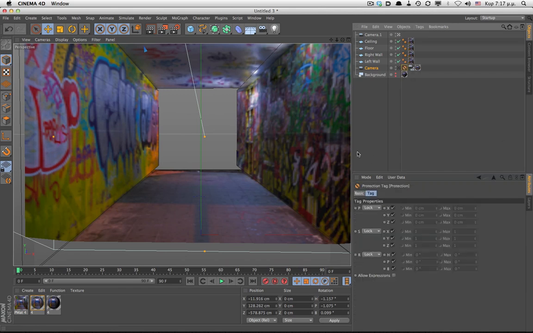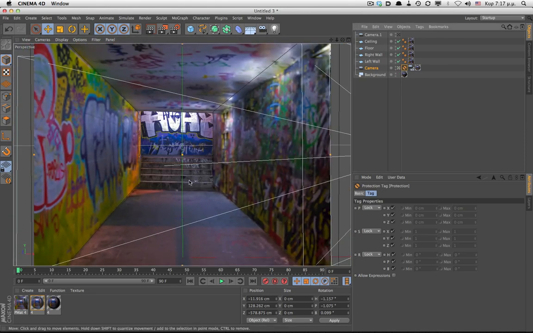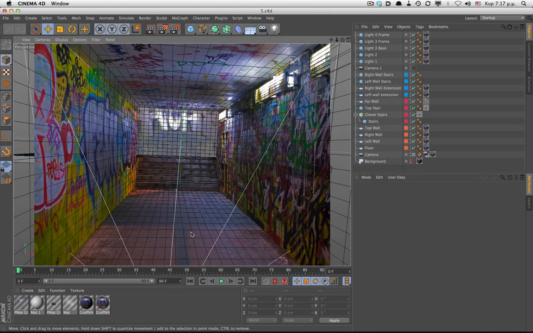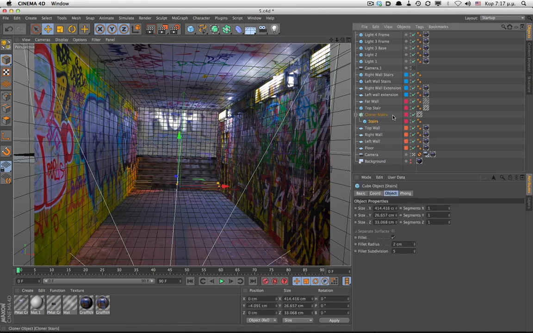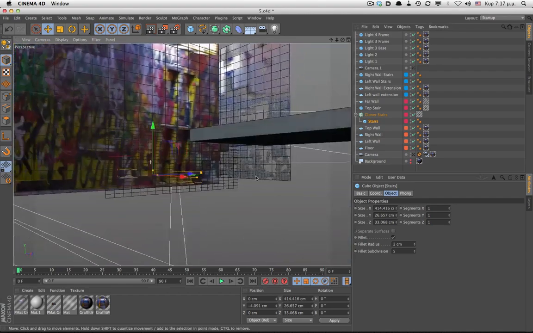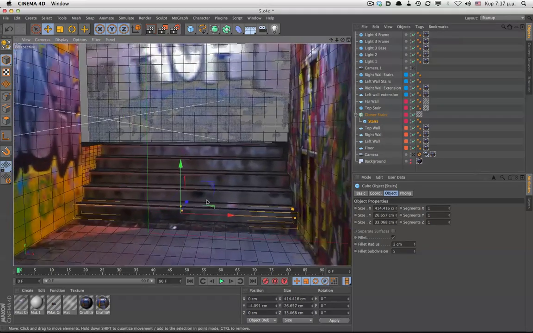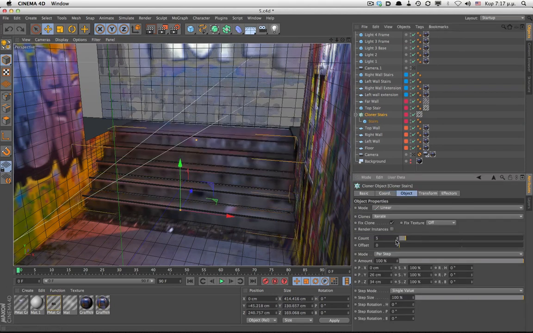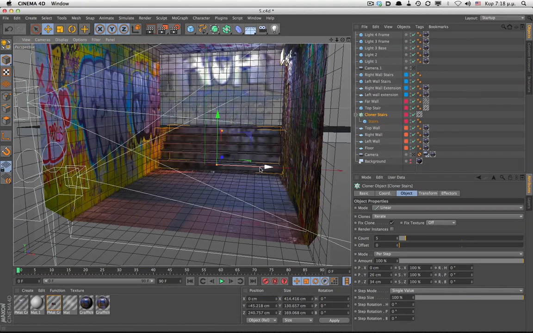Now let's start adding a few more objects to define the stairs and the lights. These can be really simple objects like cubes that are slightly rounded or cubes that are slightly extruded. Don't go overboard with the detail. You can really get away with a lot through camera mapping. On the stairs, for example, we've used a simple cloner object that clones one rounded cube. And then we drag that cloner to the PSD, and that's it.